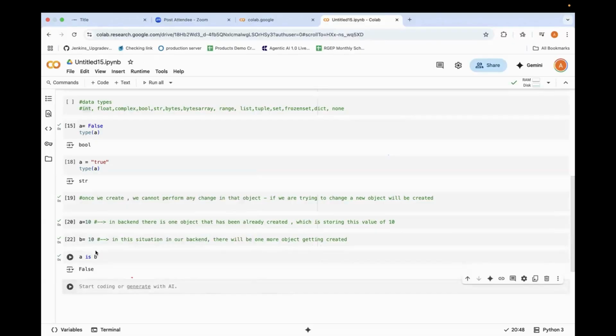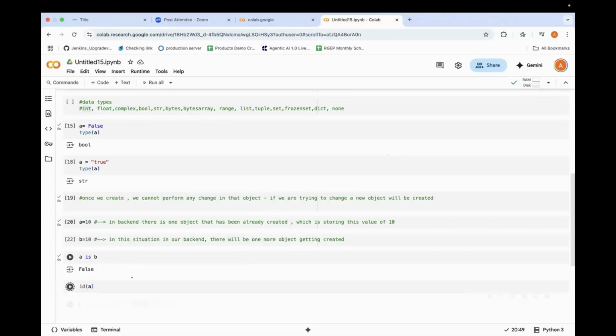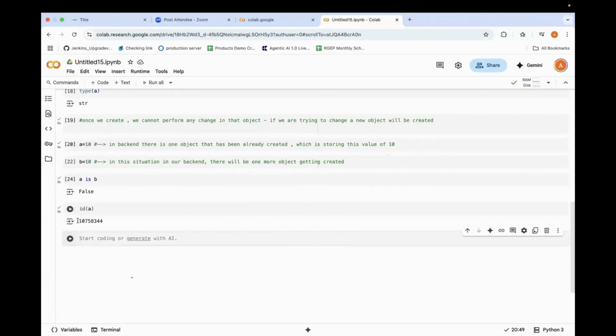Can anyone tell me why? Because it has a space. If I execute this, why is it still false? Can anyone tell me the reason? Because the keyword is different. No. Let's see, I'll show you the answer. What is the ID of a? 1075834. What is the ID of b?